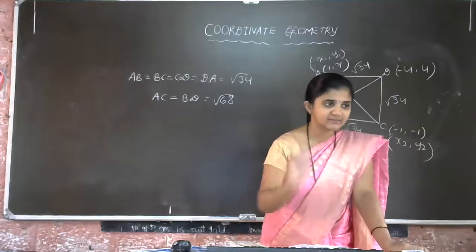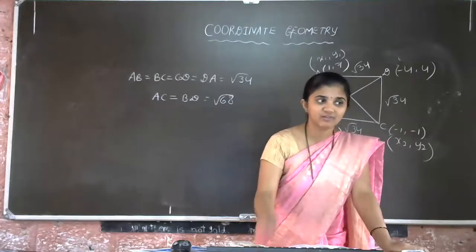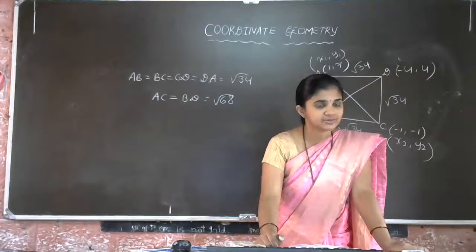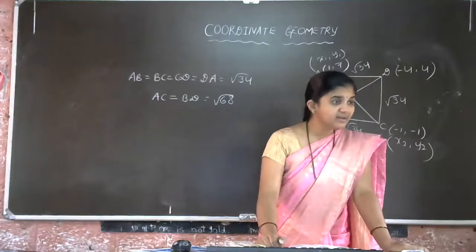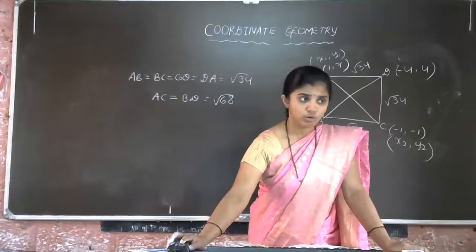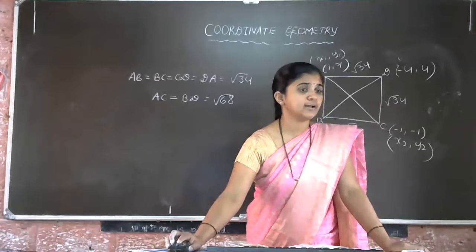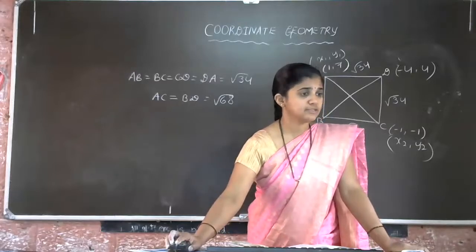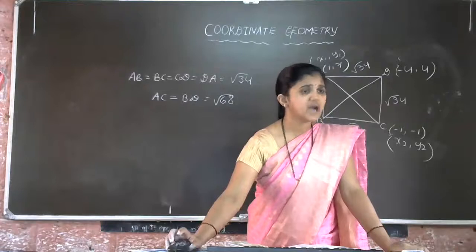Actually, to prove a square, we showed that all sides are equal and diagonals are equal. Similarly, is there any property for a triangle? How do you say it is a triangle? Do you say triangle as soon as all the sides are equal? Yes, who is ready to give the answer for this? How can we show that?